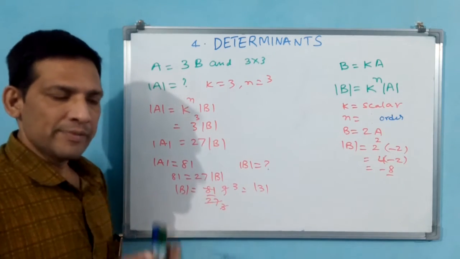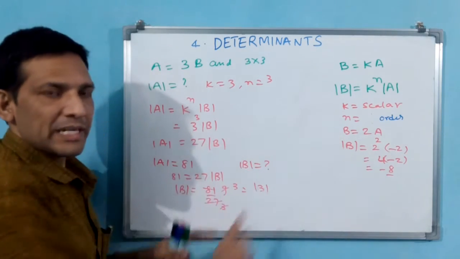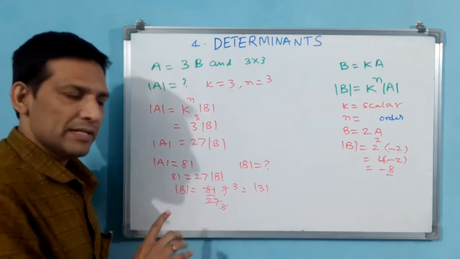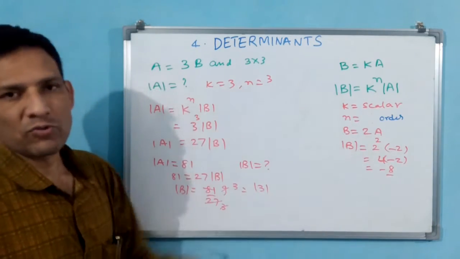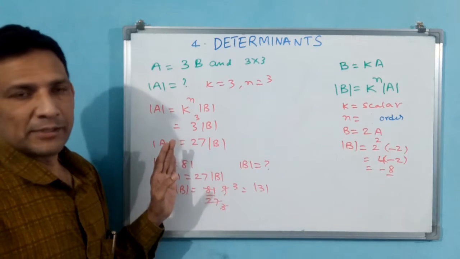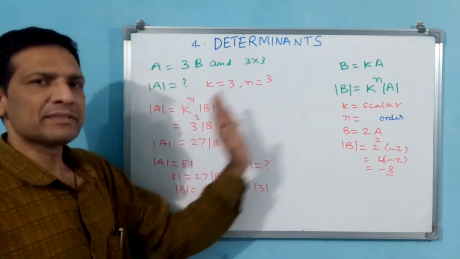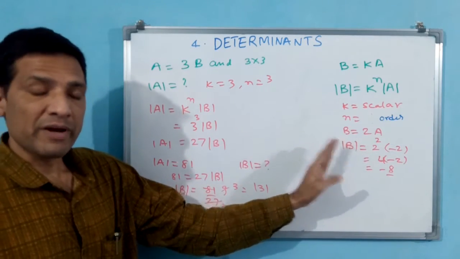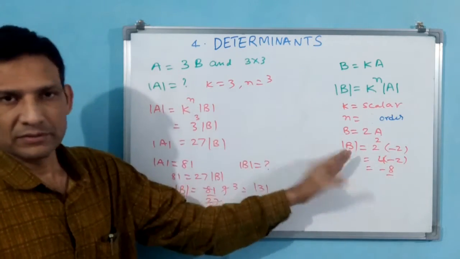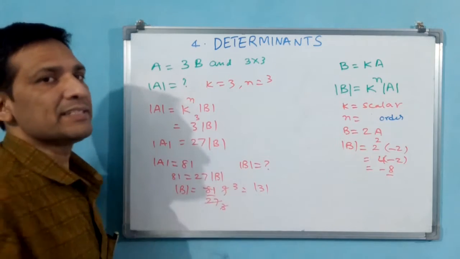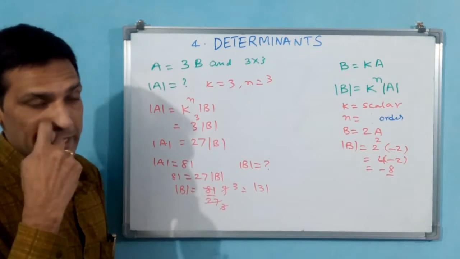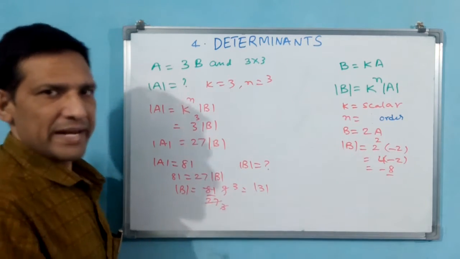Now we have seen how to represent a determinant from a matrix, and what the conditions are. Only square, like we have seen. Order also we have seen, and the determinant from a 1 by 1 matrix we have seen. Determinant from a 2 by 2 matrix also we have seen. Let us see the 3 by 3 determinant from a matrix.